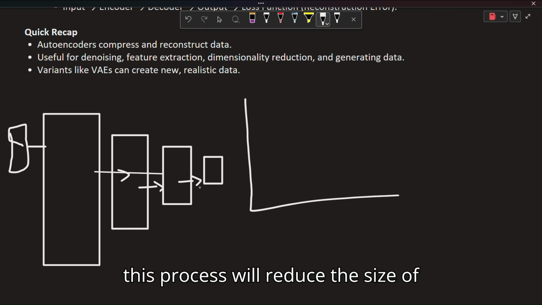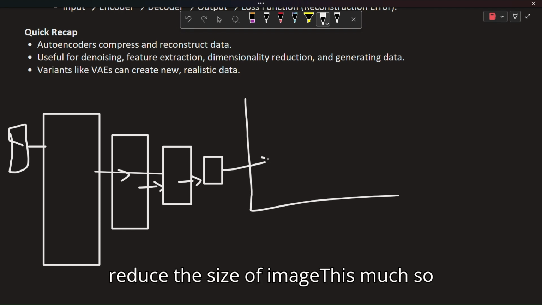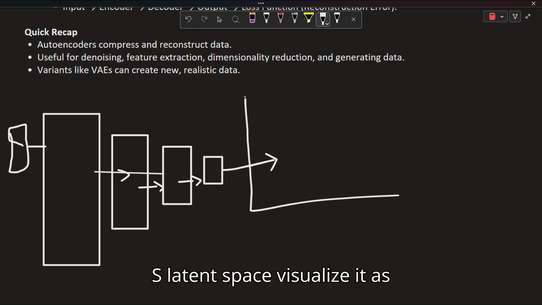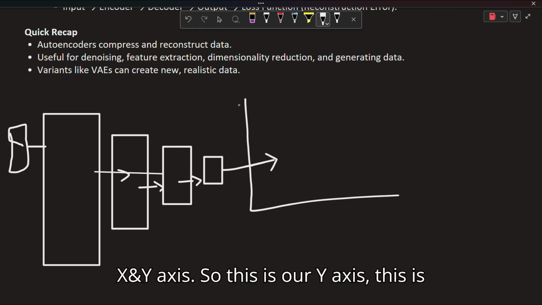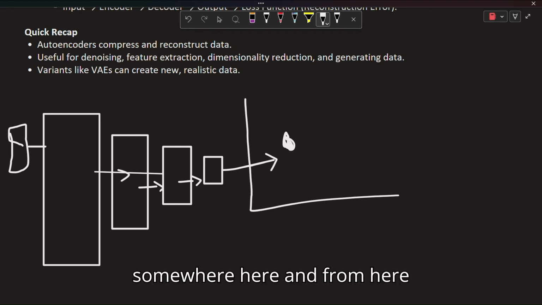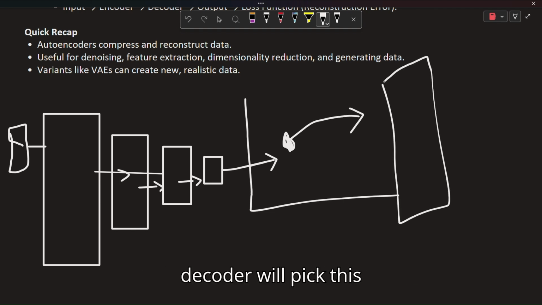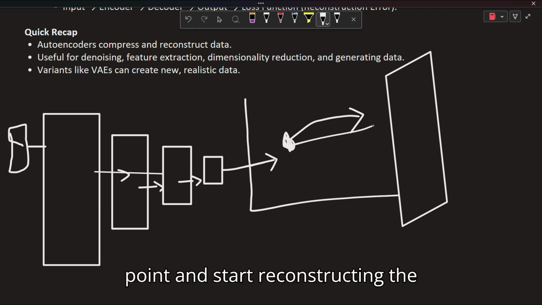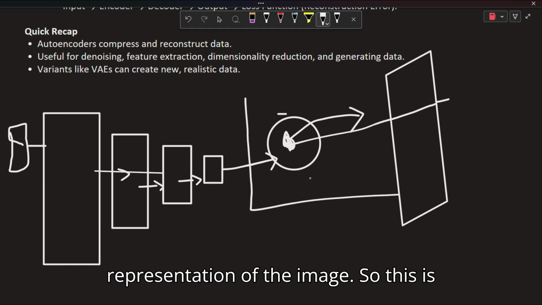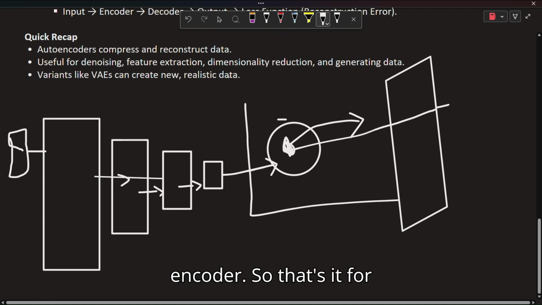This process will reduce the size of the image, and at the end it will reduce the size of the image so that it can put the image in latent space. Latent space, visualize it as an x and y axis. This is our y axis, this is our x axis, and it will plot it somewhere here. From here, our decoder will start working. Our decoder will pick this point and start reconstructing the original image from this latent representation of the image. So this is the learning process, the architecture and the use case of the autoencoder.